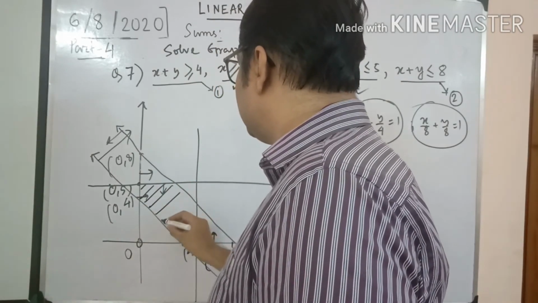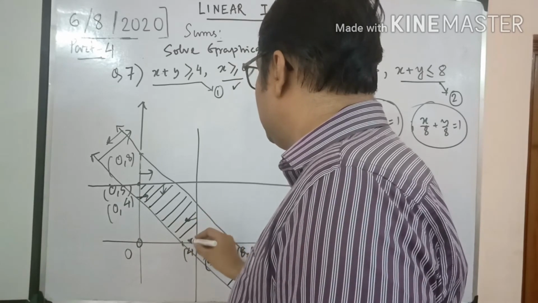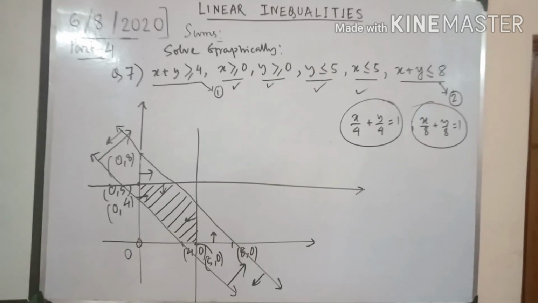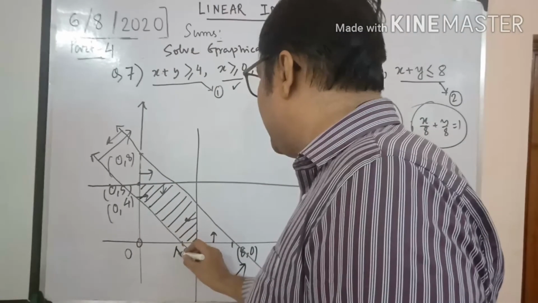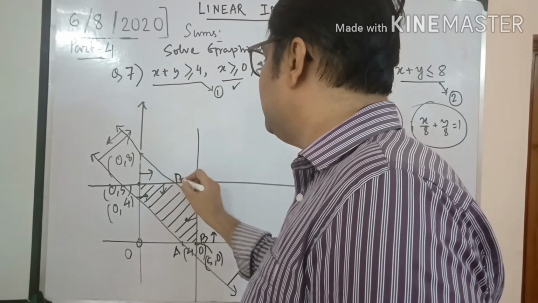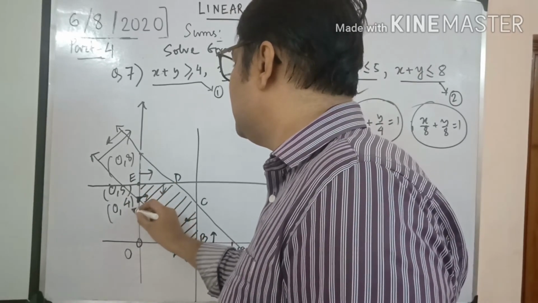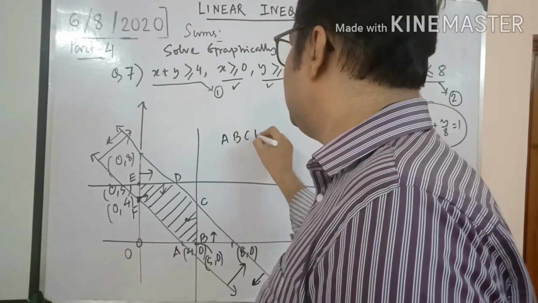Let us shade the area. I can see that this area is bounded by how many lines? 1, 2, 3, 4, 5, 6 lines. So I'll name it A, B, C, then D, this point is E, and this point is F. So A, B, C, D, E, F